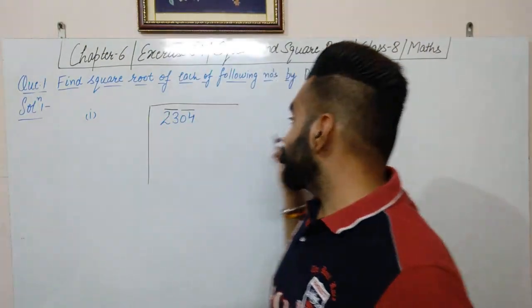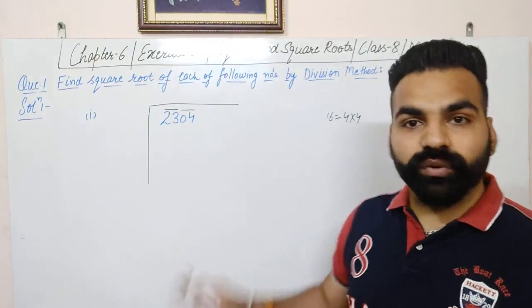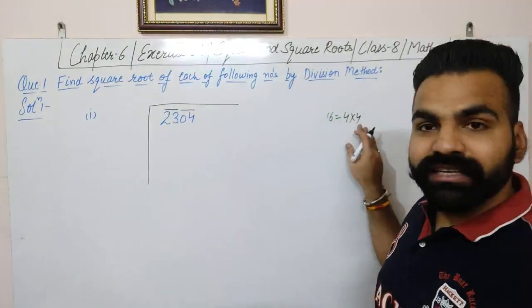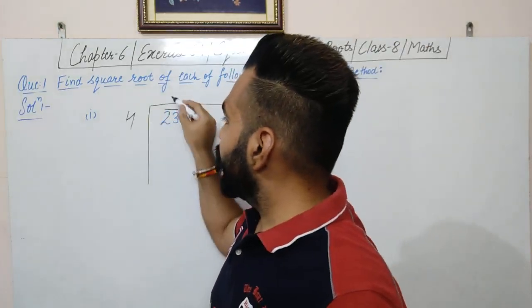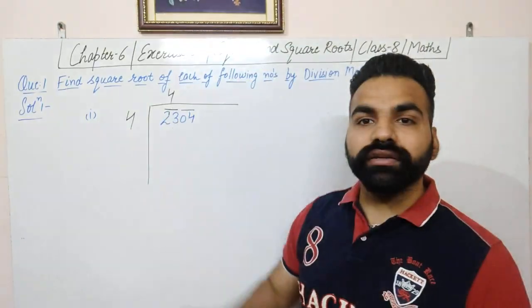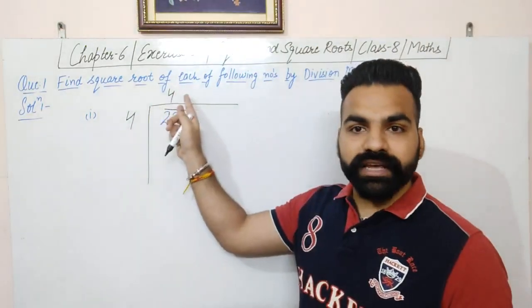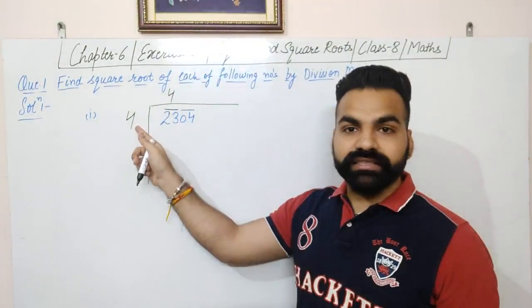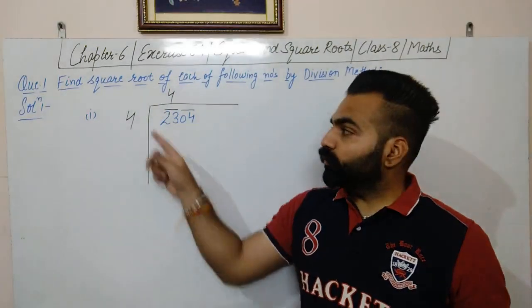And we know that 16 can be written as 4 into 4. It is the square of 4. So we will write 4 here and 4 here. So 4 into 4, that is 16. These two numbers should be the same, that is, in the divisor and in the quotient. Both numbers should be the same, and the product will be